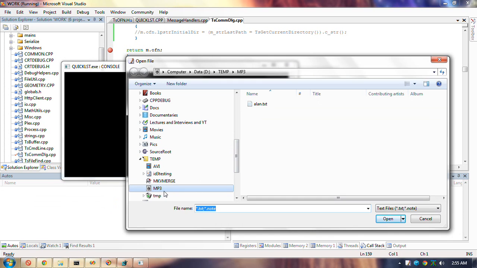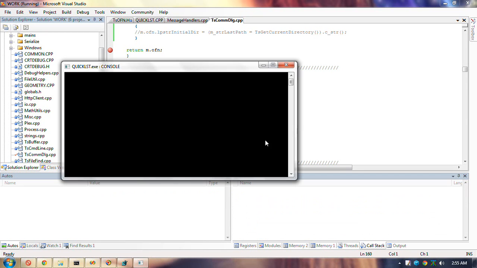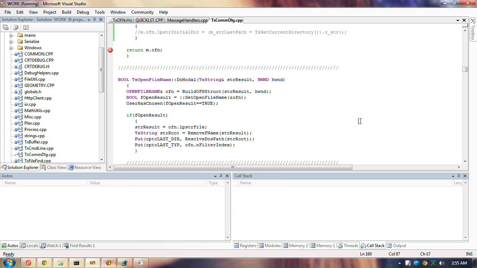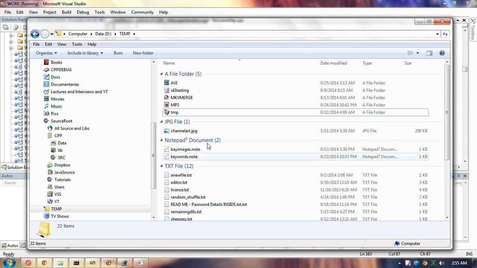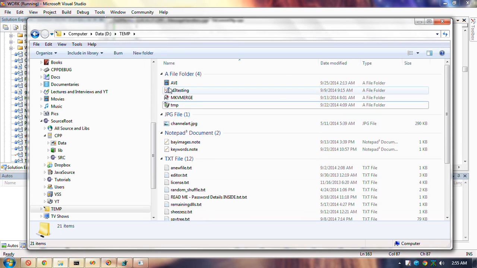Now, I didn't pass in anything to do with dtemp mp3, and yet it still went there. So therefore, I believe it follows that the operating system has maintained that value somewhere. Now the question is, can I delete that directory? Yes. So the operating system has maintained it, but it's not leaving us hanging in there, as I would